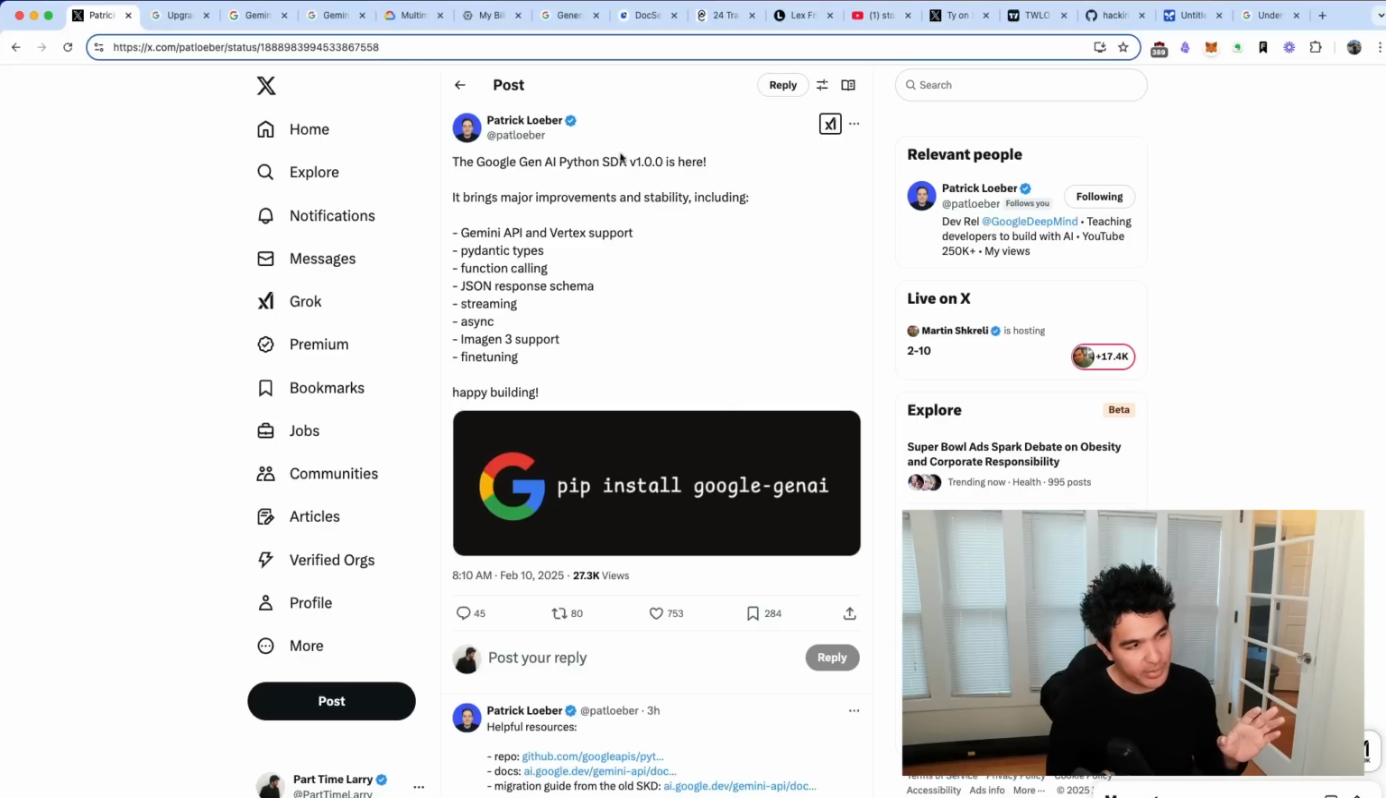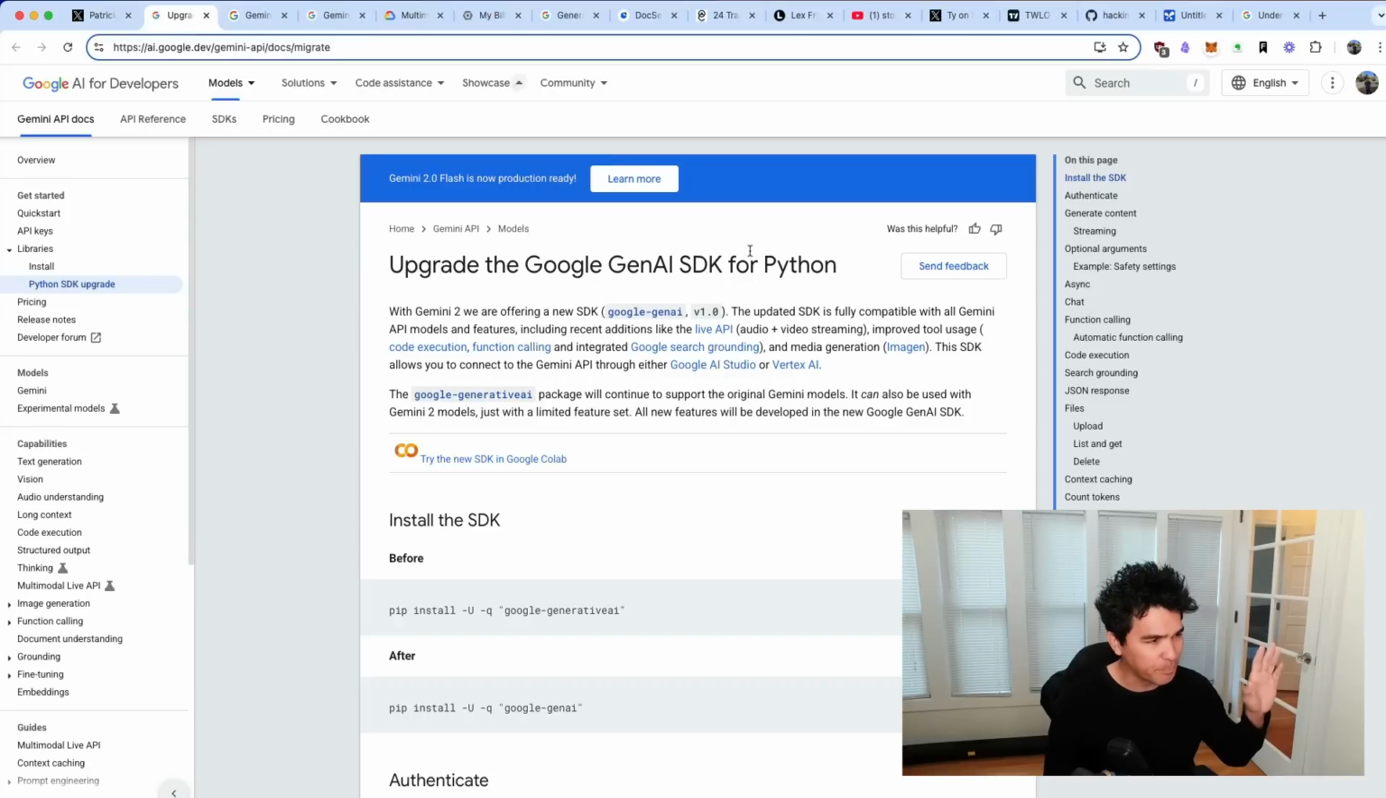This morning, Google released their new version of their Generative AI Python SDK. It's version 1.0, so it's nice and official. They also released a guide on how to upgrade your old code if you're using the previous version of their SDK. I've already upgraded my code for this tutorial, so I'm going to show you the latest and greatest on